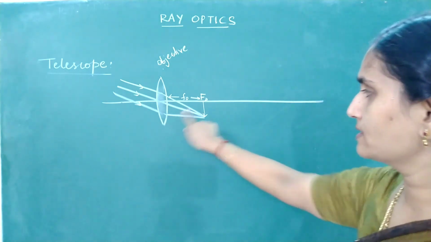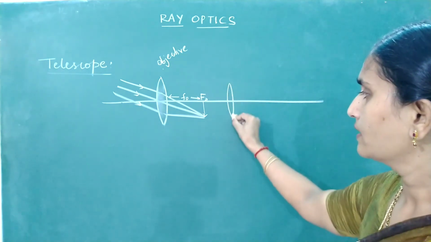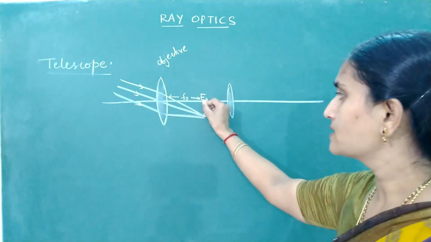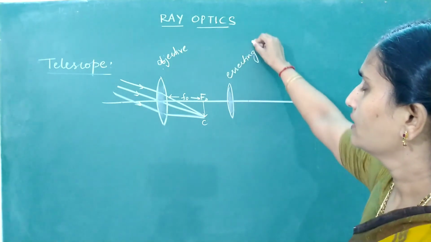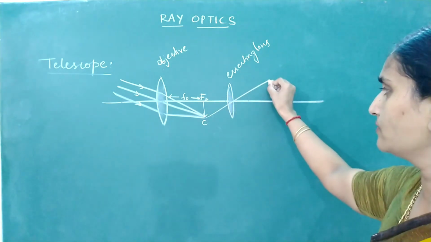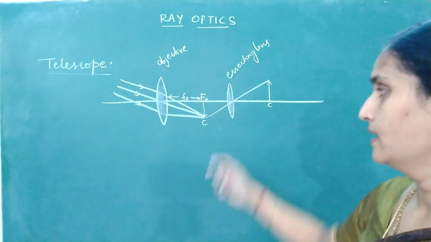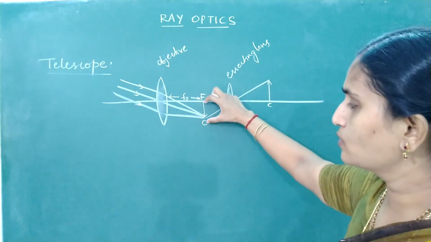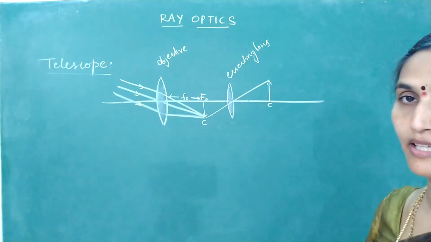Now this is your objective lens. I am going to make use of one more lens at the center. This is called an erecting lens. See that the image formed by the objective lens is at the center of curvature of this erecting lens. Tell me what would happen if the object is at the center of curvature. We know from the properties of lenses, the image will be formed at the center of curvature. No magnification, same size, but the inverted image will become an erect image. So this lens is going to correct the inverted image into an erect image.